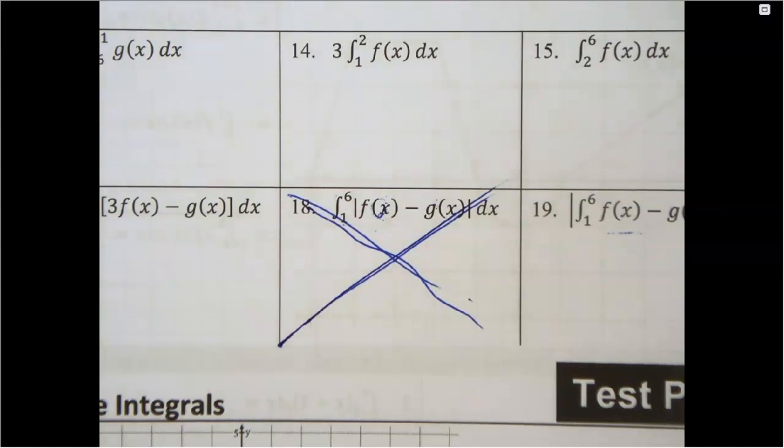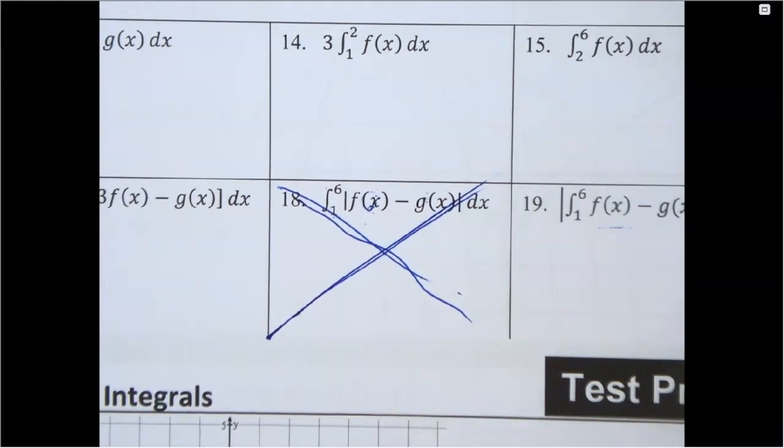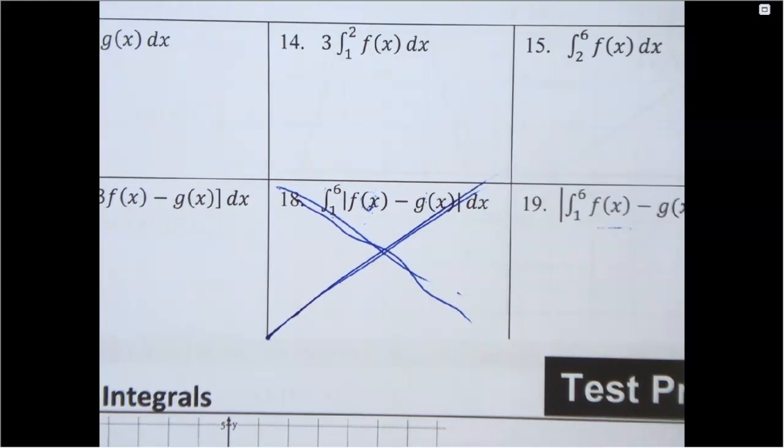Like I literally waited until you did the calculator plus